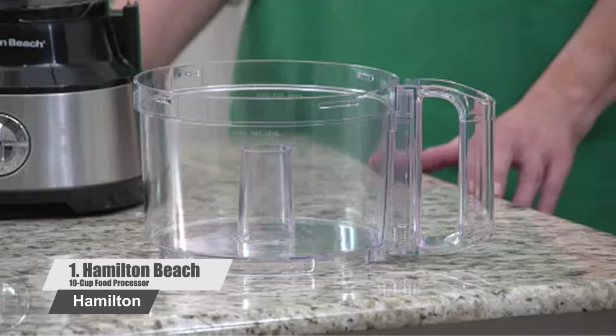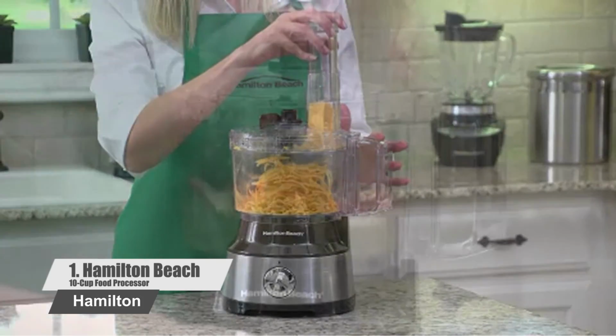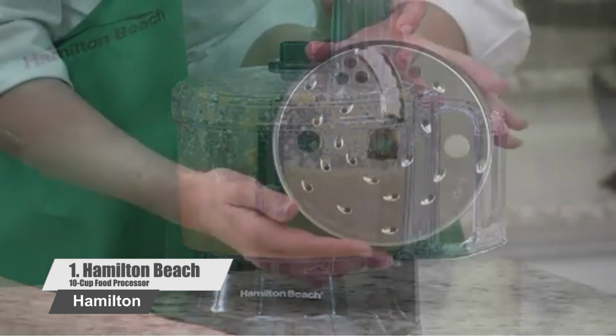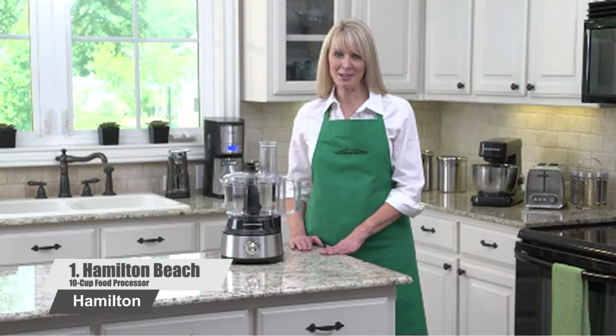Kitchen tips for a more uniform consistency. Start with pieces of food that are similar in size. Cut food into 1-inch, 2.5 centimeter pieces before processing with the chopping/mixing blade and leave room in the bowl for the food to be tossed around. When chopping foods, pulsing on and off will produce the best results. Most foods can be sliced, chopped, or shredded in seconds. Overall, this is a great decent-sized and affordable blender with good power for most recipes,